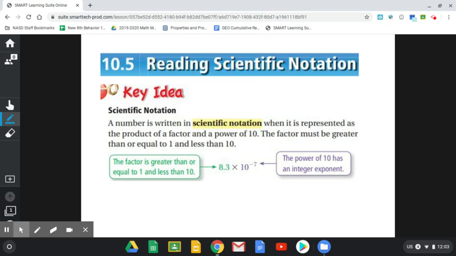Today we're going to be learning lesson 10.5, reading scientific notation. So let me first explain what scientific notation is. Scientific notation is just another way to write a number, but usually we use it when we're writing either really, really small numbers. For example, something like this that I'm about to put on your screen,